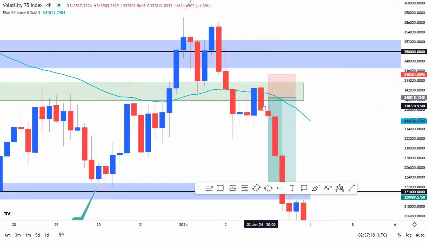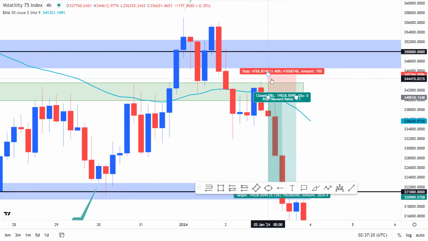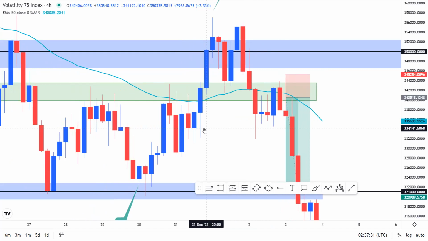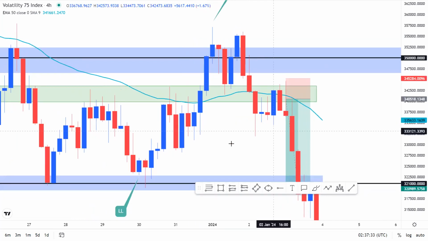And then of course we had what? The nice 4-hourly time frame rejection candlestick from the neckline and from the 50 exponential moving average, of course. And I ended up having my sell entry